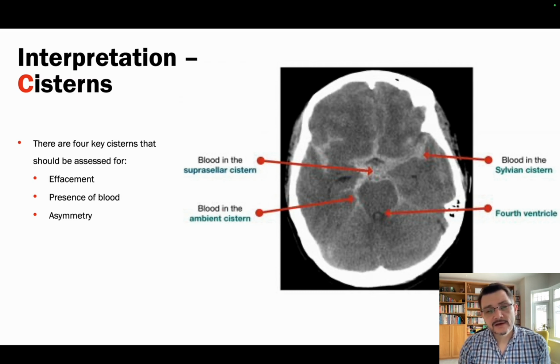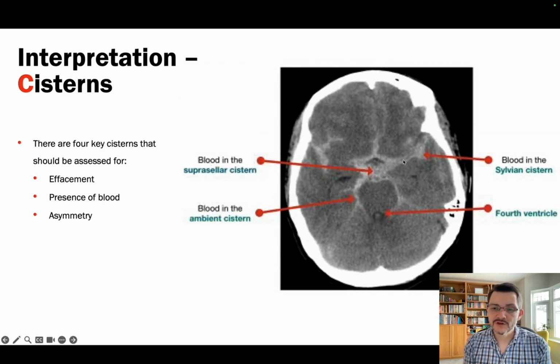Cisterns are next in our acronym, so blood can, so cisterns, bad. Can be very bad. There are 4 key cisterns that should be assessed for, which is the suprasellar cistern, as you can see in the centre there, the ambient cistern posteriorly here, the fourth ventricle, not formally a cistern, but it is classified in the cisterns, and that's what I showed you as we were going through the scans, and